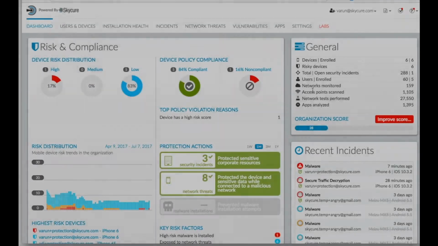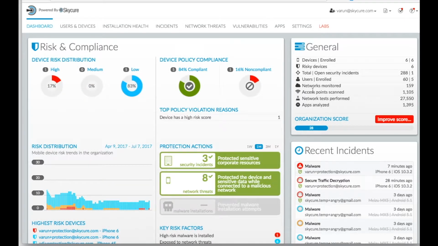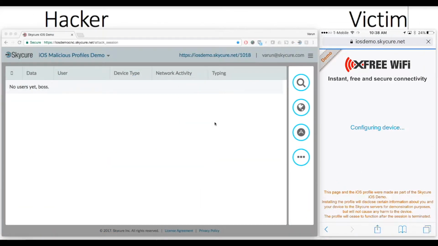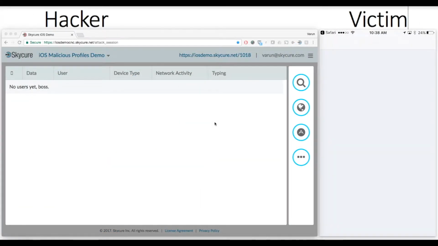Hello everyone, this is a quick demo of the Skycure Mobile Threat Defense solution. We have intentionally chosen iOS for this demo, but most of this also is applicable to other operating systems. We regularly use mobile devices to connect to public Wi-Fi networks, but we don't know that someone may be intercepting